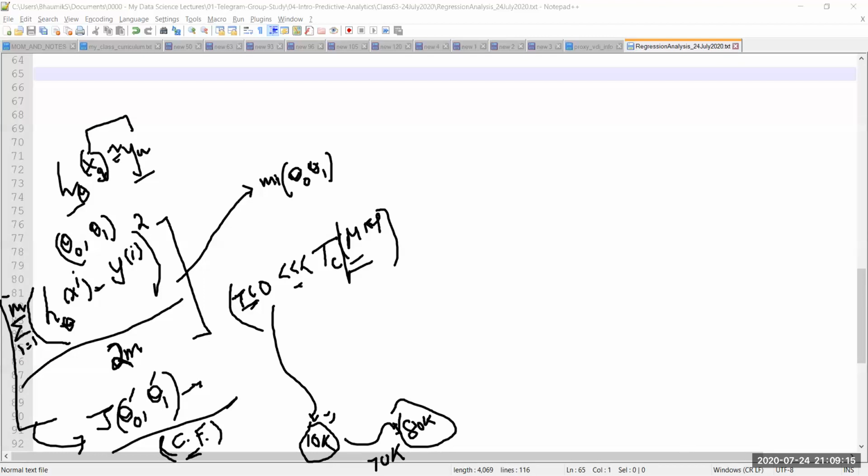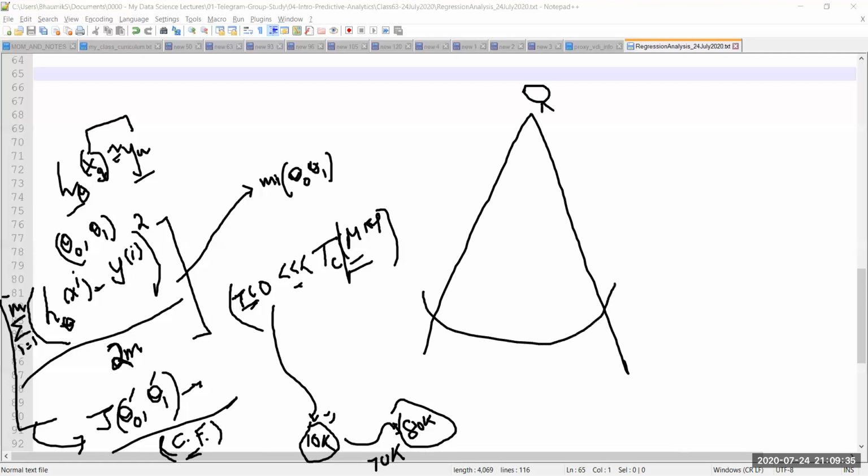What that means is, if you have a lot of variance in your data, a lot of variety in your data, it'll take a lot of time for you to converge to the best values of theta 0 and theta 1 for the cost function. In other words, it'll take a lot of time for you to come down from the top of the mountain. Although you have a view of the mountain, you see how I have drawn the mountain now. It's a very steep kind of mountain. So 360-degree, it is steep. I have to come down from here to the bottom.